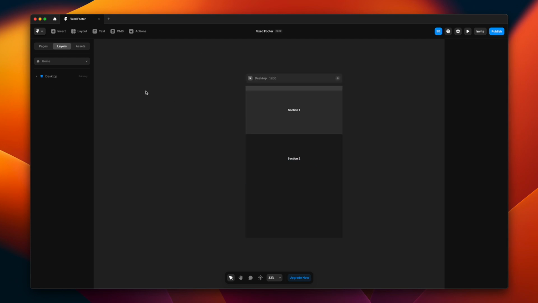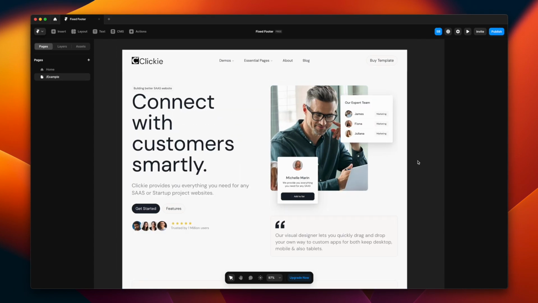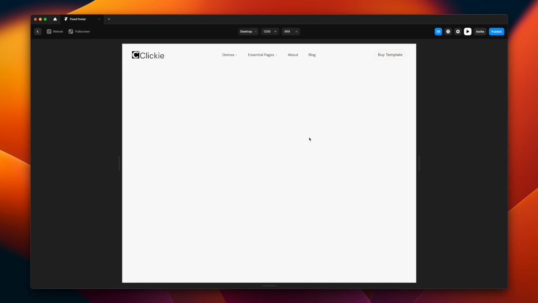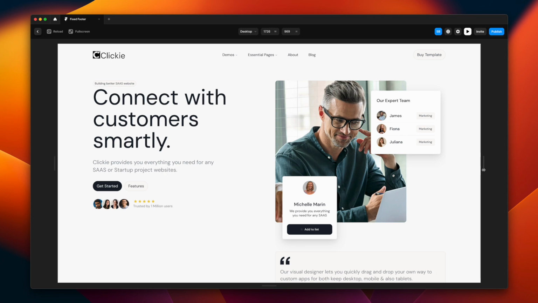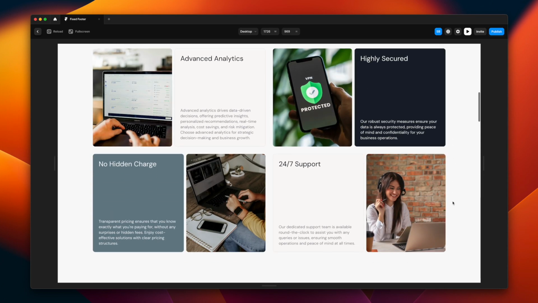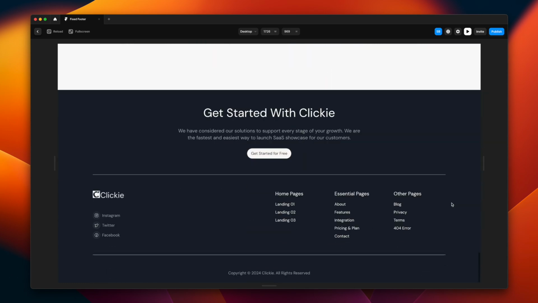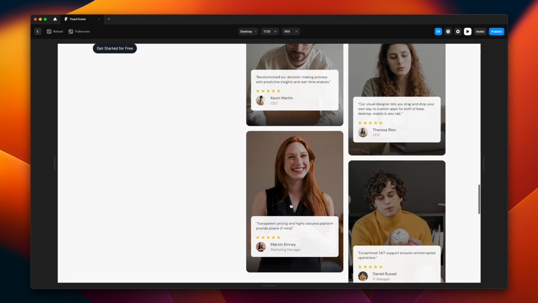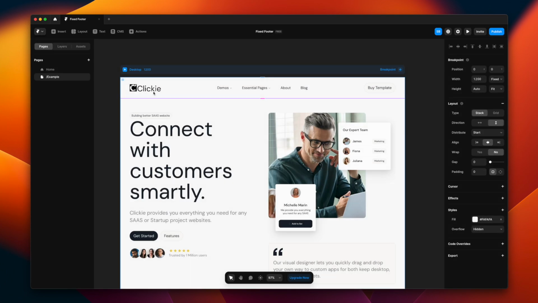Now, what if you already have a website that you already made and you want to have a footer that is sticky? Let's just do that. This is a website template I took from Framer. Let's just have a look at it. It's already been designed with all the interactions and everything. And if you scroll through, you'll realize that the footer they're using is pretty much the very basic footer that we have been seeing. So let's give this site a very cool footer uplift from the things we just learned.